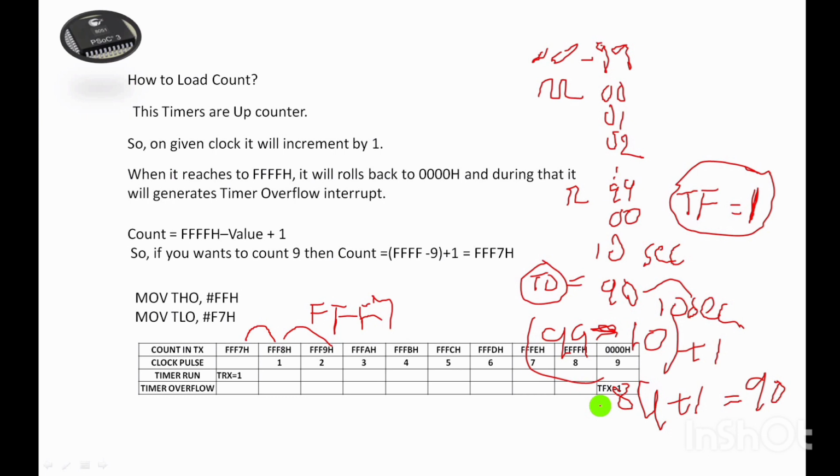So whenever timer rolls back to 0000, the timer overflow will occur. From the table you can easily observe